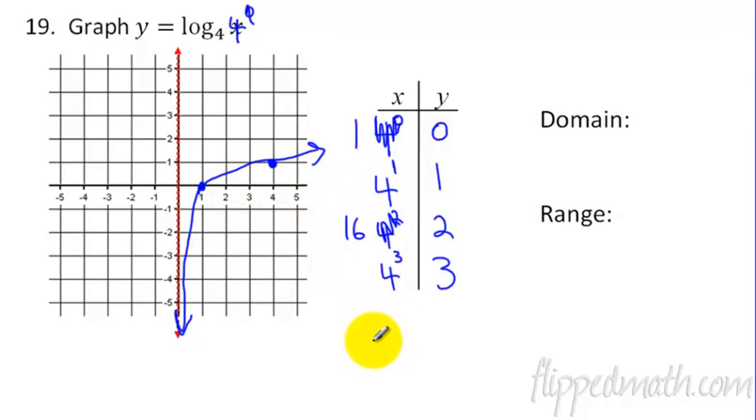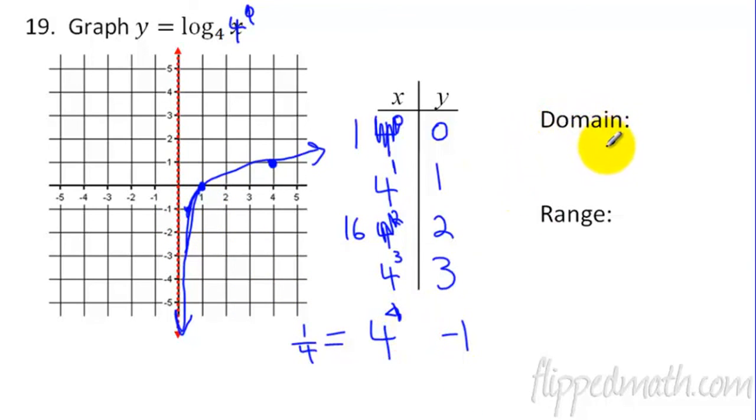Okay, you could plug in, of course, 4 to the negative 1. Oops, 4 to the negative 1, and that would give you negative 1. Well, 4 to the negative 1 is the same thing as 1/4. So that's another coordinate point, 1/4, negative 1. I could go 1/4 down to negative 1, and it would be there. So if I graph that correctly, it would go through that point. So that's another way of getting some points that are closer if you wanted to use negative values for your